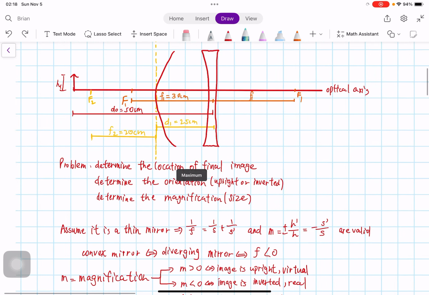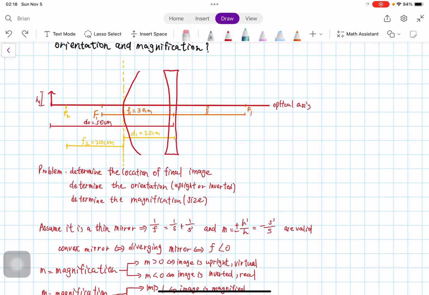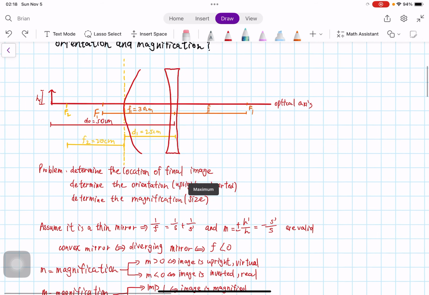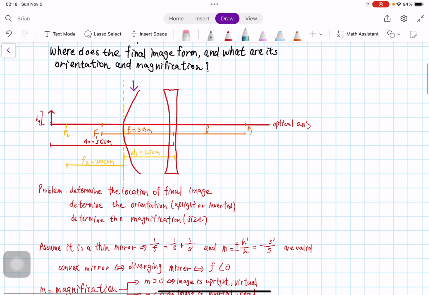So the problem asks us to determine the location of the final image, the orientation, whether it is upright or inverted, and the magnification, which talks about the size. So we first look at this mirror first. We assume that it is a thin mirror so that we could use the thin mirror equation, and the magnification